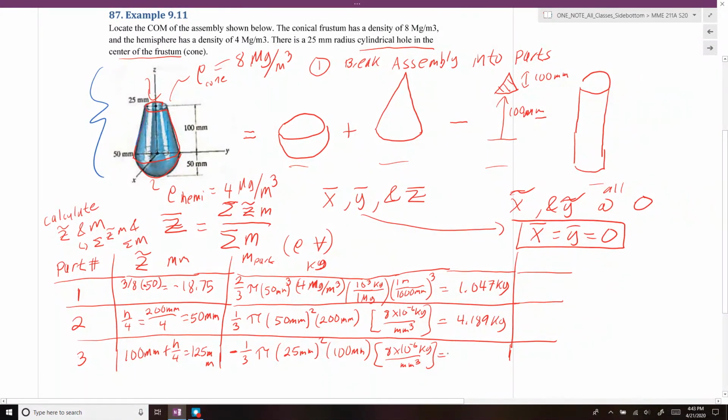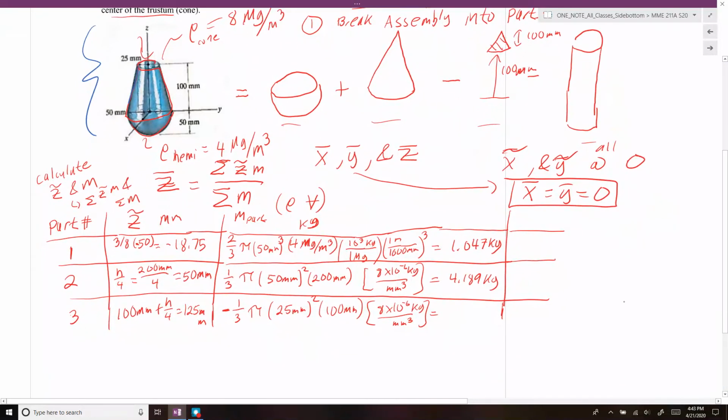If we do that, we're going to end up with minus 0.524